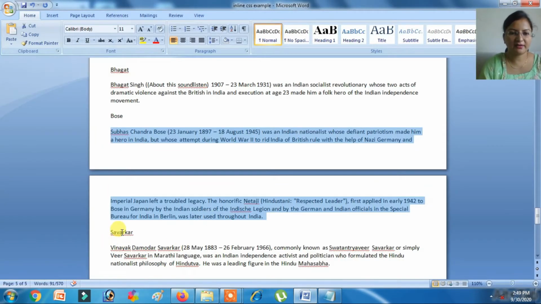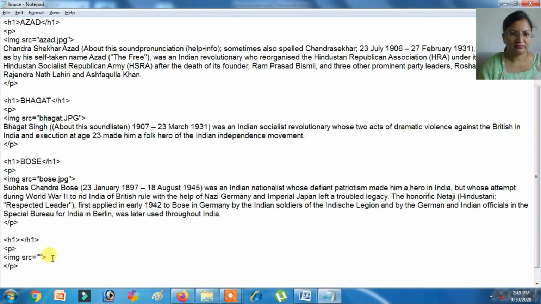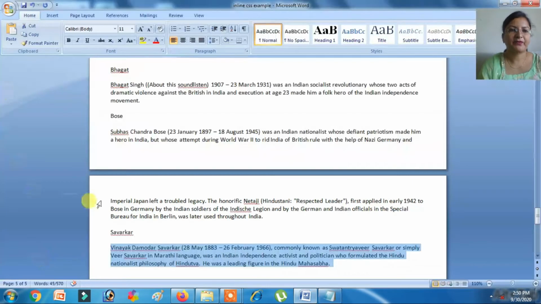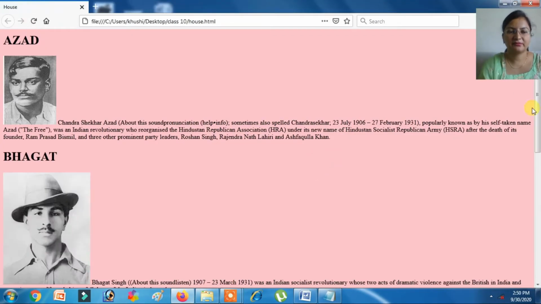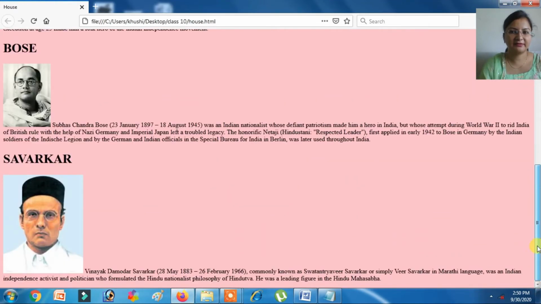In the last Savarkar. Now Savarkar heading and Savarkar picture .jpg. Now let's see what is the output. Refresh. See, all headings, pictures and paragraphs are added.